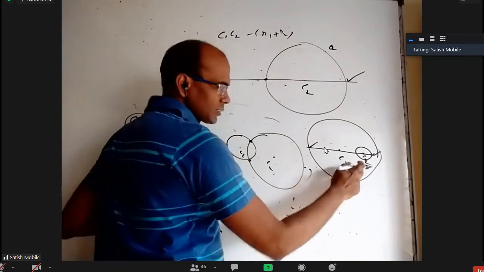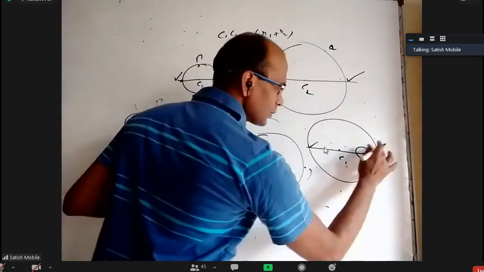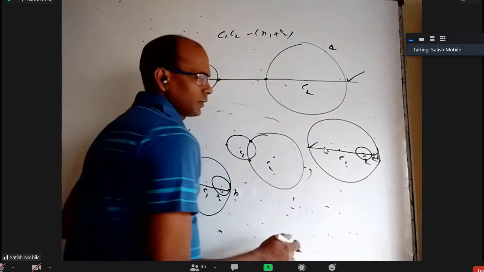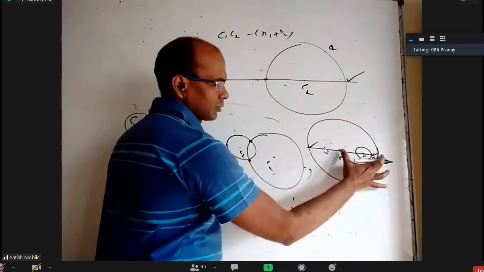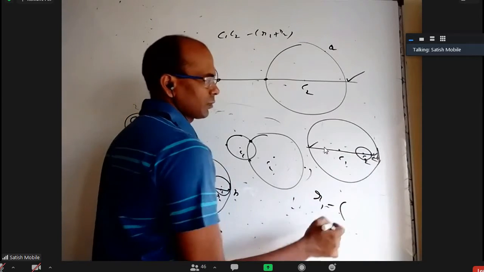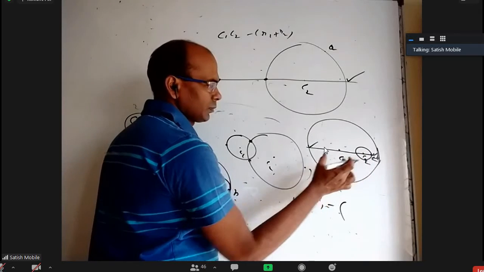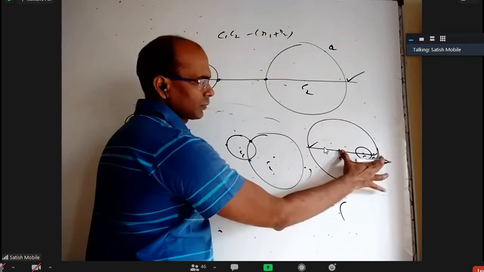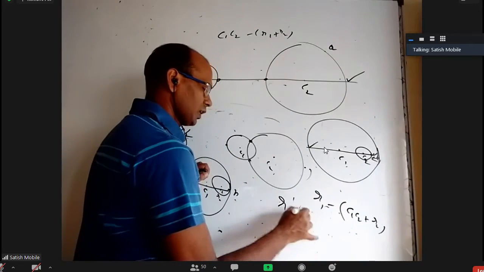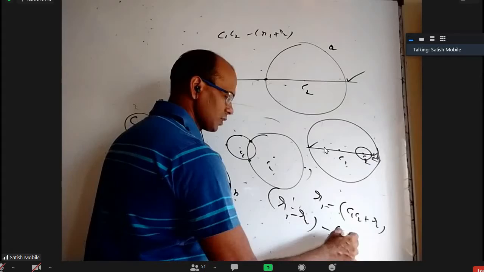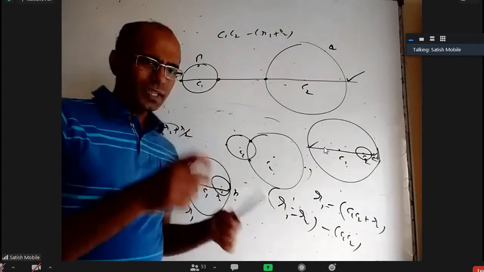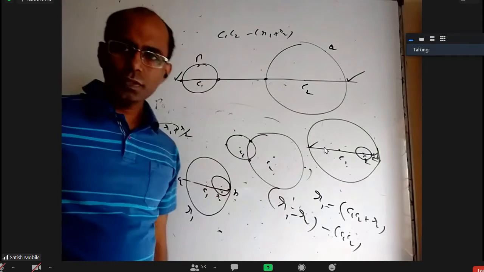When one is inside the other, what is the minimum? Where you get minimum is this small distance. Okay. What is that? Total is R1 here, R1 is bigger. So from R1 you have to remove C1C2 plus R2. So that will be R1 minus R2 minus C1C2, because this is smaller, this is bigger. But more than just remembering the formula, if you understand that, yes, please.